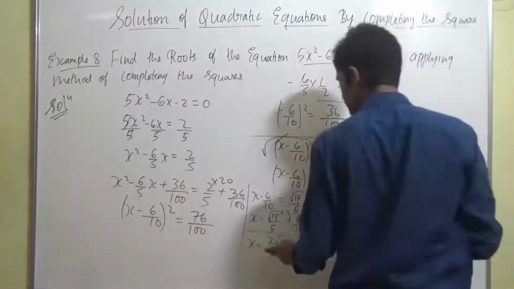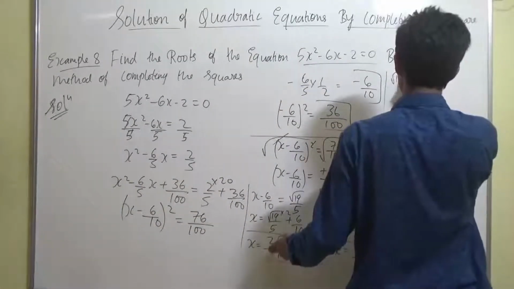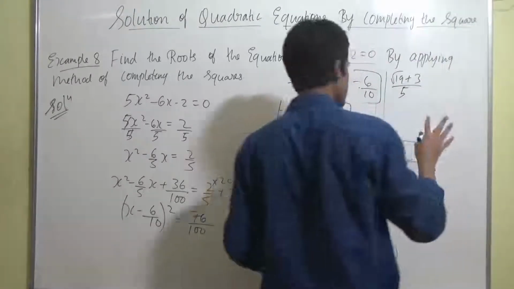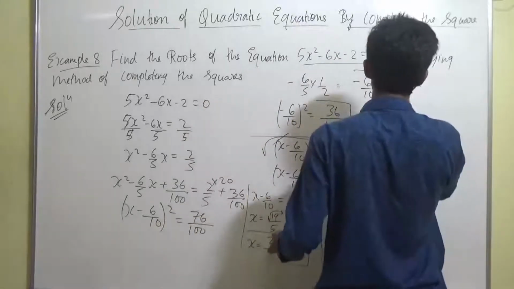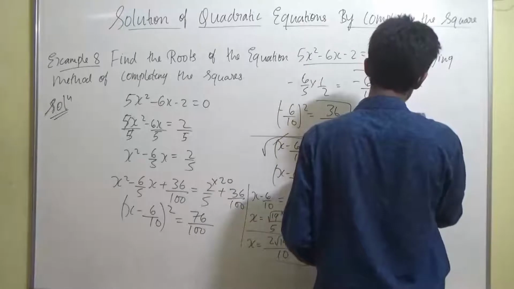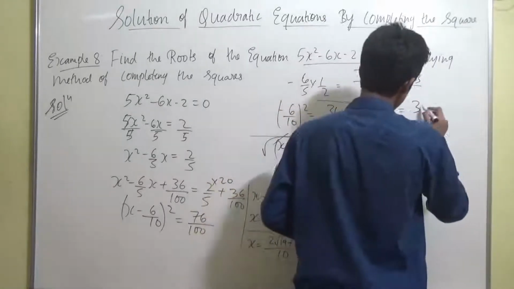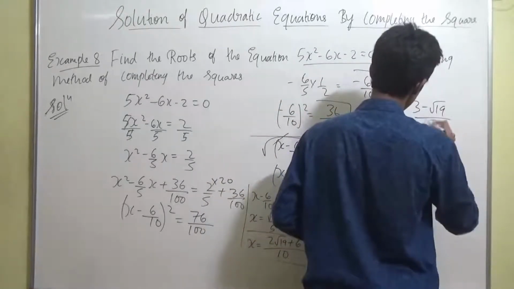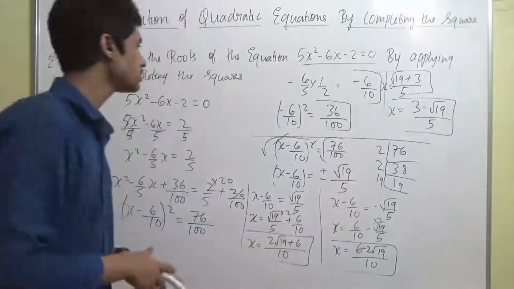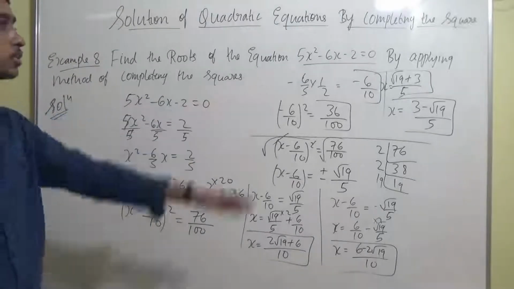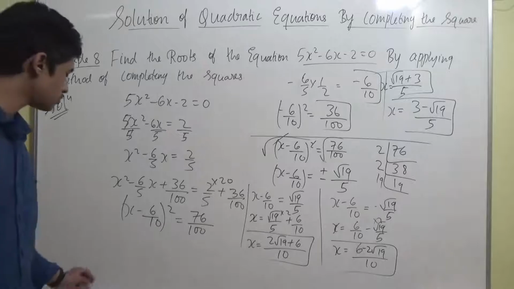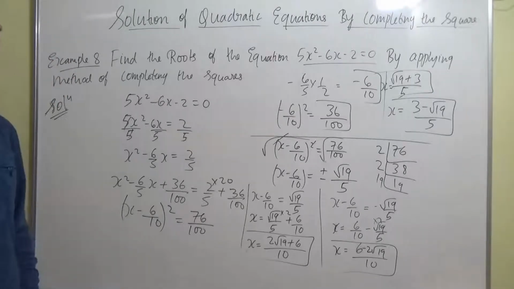So you will get x as 3 plus root of 19 by 5. You are dividing all the quantities by 2 because it is divisible, right? You can simplify it. When you can simplify, you have to simplify, right? And then the other x value will become equal to 3 minus root 19 by 5. These two will be the final solutions, guys. If you see in your NCERT also, it's the same, it's correct, right? So that's it, guys. This was your solution of example 8.